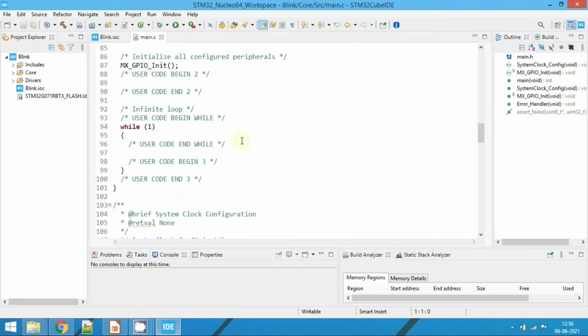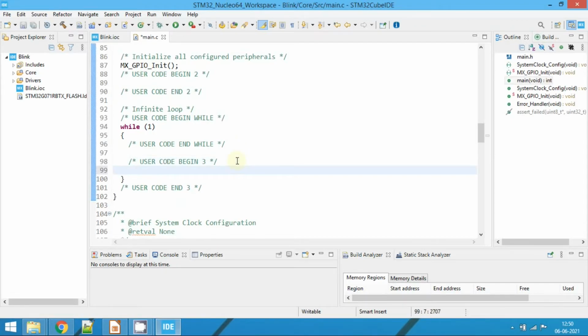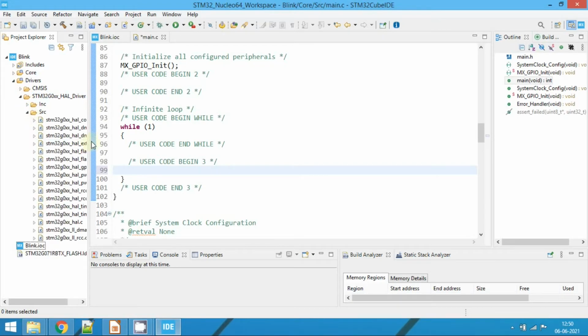Now we will blink the onboard LED with a delay of 500 milliseconds. To do that, we are going to use the HAL libraries provided by the STM32CubeIDE. To know what the functions or API calls associated with the GPIO are, you can go to the driver, expand the STM32G0 HAL driver, and then expand the SRC.